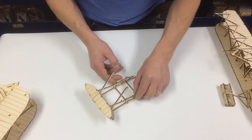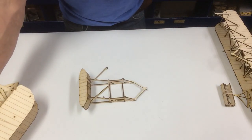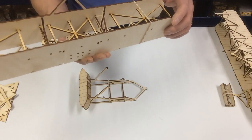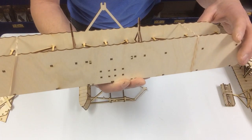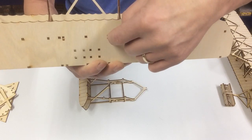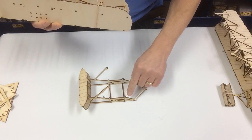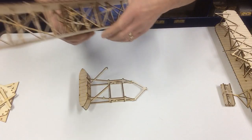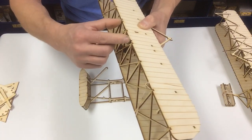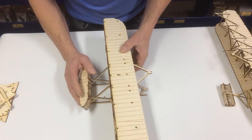Alright, so we got the elevator put together, and we're going to bring in our wing assembly, and we have some receiving holes that you can see on the bottom. They're a little bit bigger than the other ones. They are going to go on our frame right in here. And then we have some notches in the front of the wing, top and bottom. And if you slide that right over the top of it,